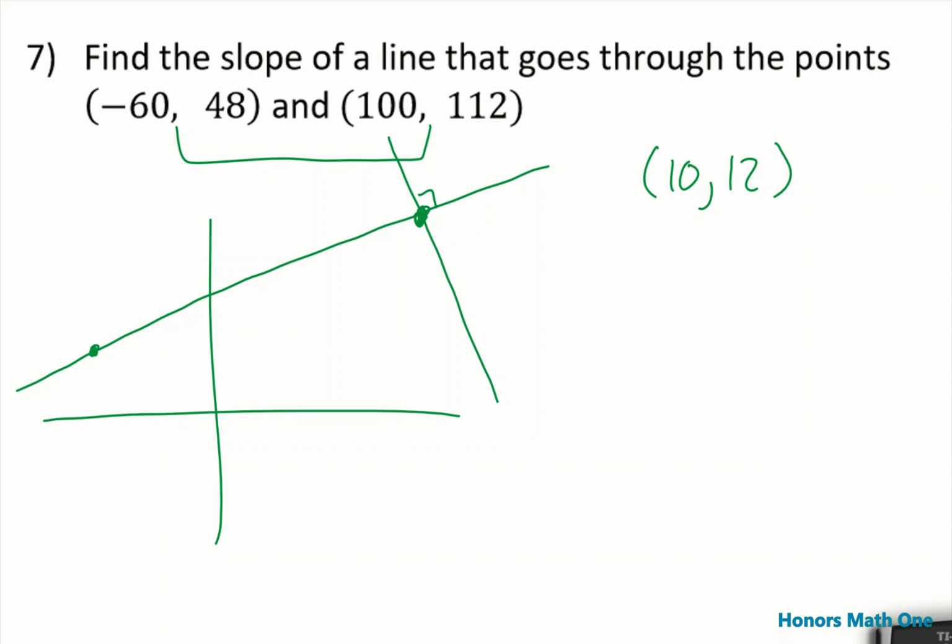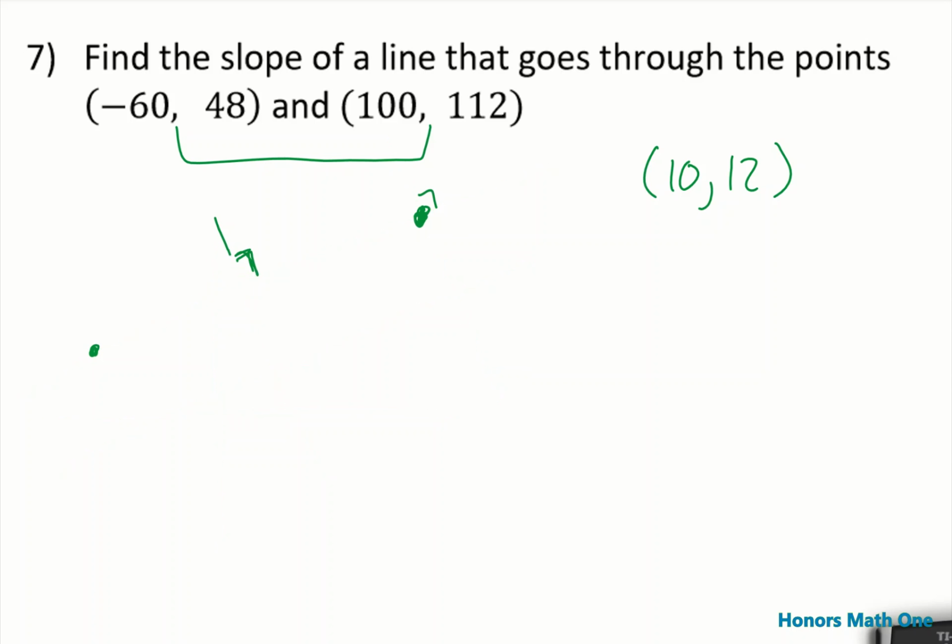Or like I said, you could consider the point that's going through over 10, up 12. Maybe I'm asking you, hey, what's the equation of a line that goes through this point that's parallel to this line? Or maybe I could say, what's the equation of a line that goes through this point again that's perpendicular, right? That makes a right angle with this line right here. So a good idea is to kind of just crudely sketch it so that you can think about what you're being asked to find. In this case, all I'm asking you to do is, hey, consider this point and figure